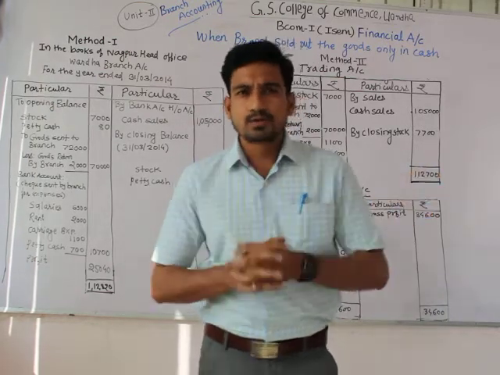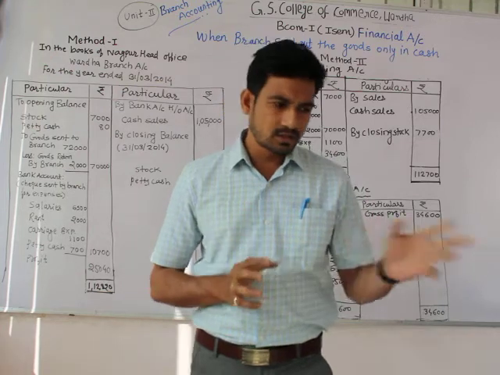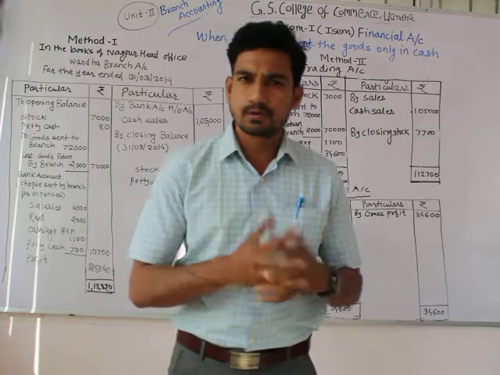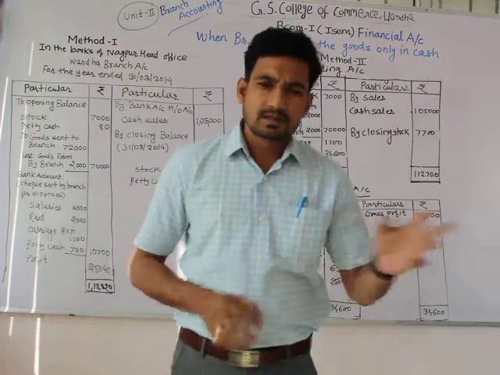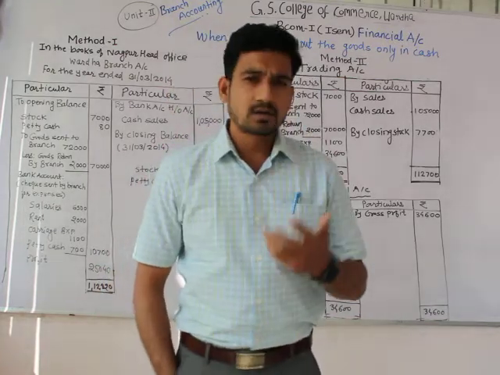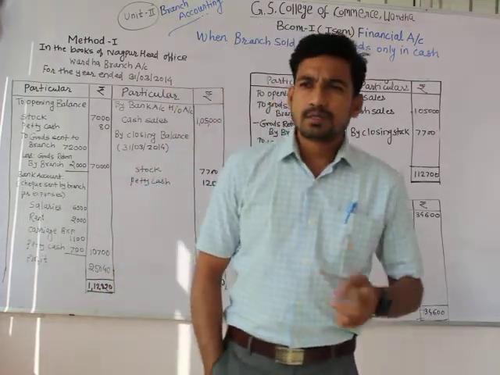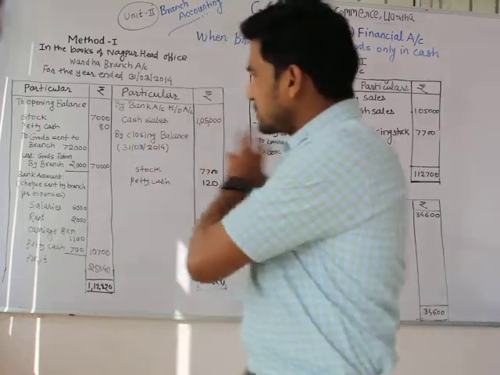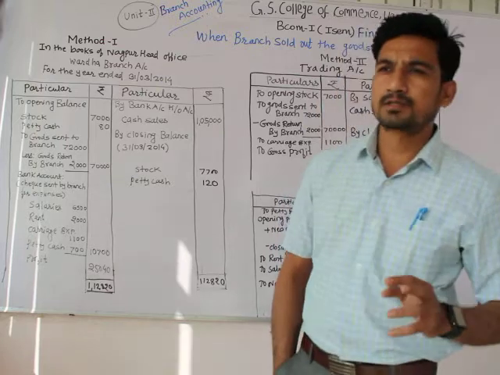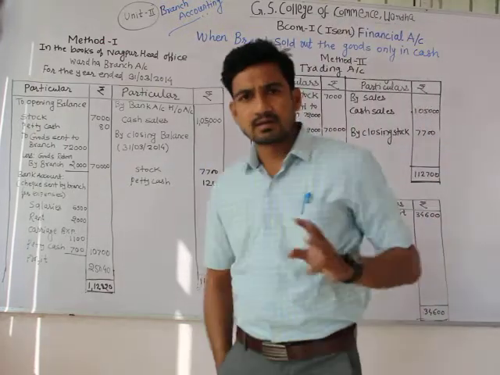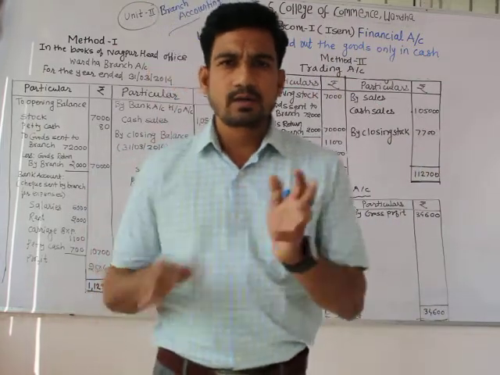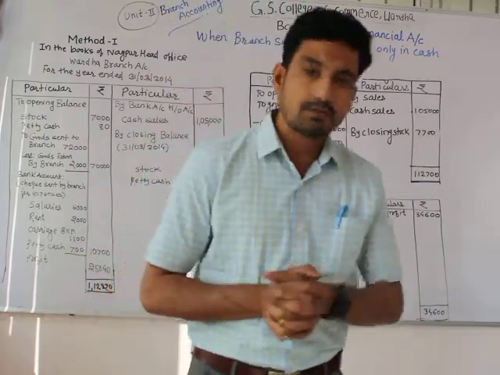In the last few lectures, we finished the first chapter, the first unit of this Financial Accounting paper of your first semester. It comprises accounting standards and then final accounts of sole traders. Now, moving to unit number 2, before starting this particular numerical, I am following the methodology that we discussed in unit number 1. First I will write the entire solution on the board, because that will help us explain it properly and save our time.